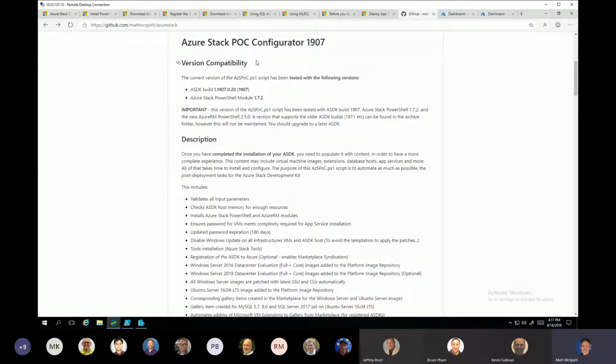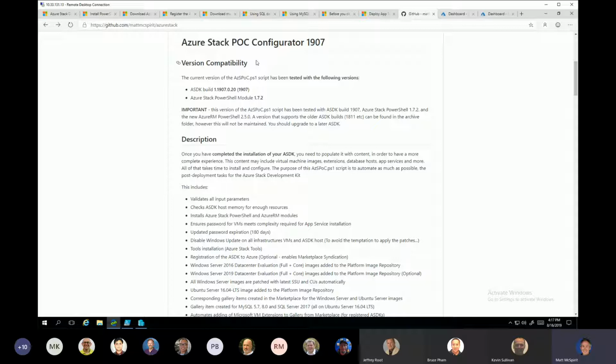The key thing to remember, and the reason I call this out, is because it's happened multiple times, and people have contacted me and said, your script's not working. Why is it not working? I've had that a lot of times, actually. Specifically, it's happened a couple of times where people haven't even actually deployed the ASDK to start with, so they assume that my script will do that for you as well. The script does not